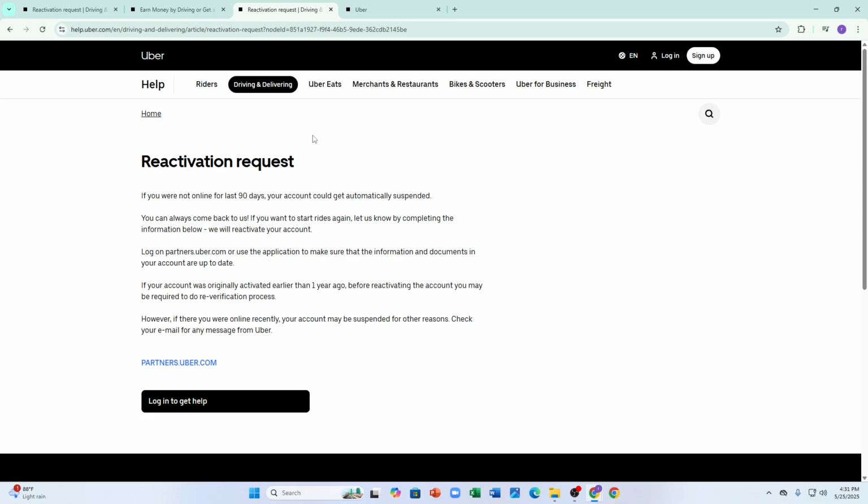Uber authorities will check your request, and they will reactivate your Uber account in 7 to 30